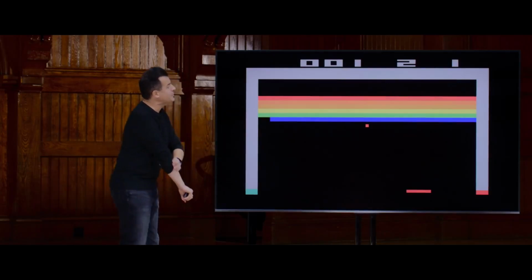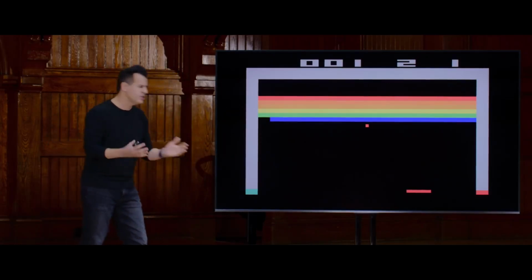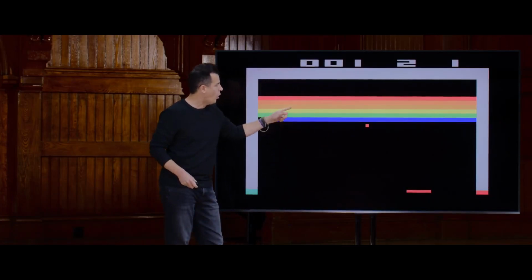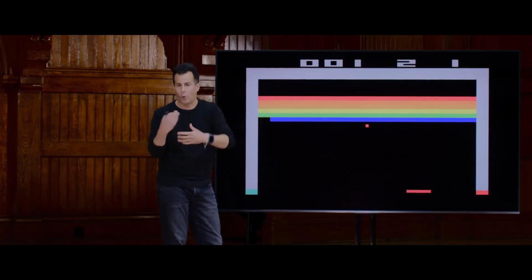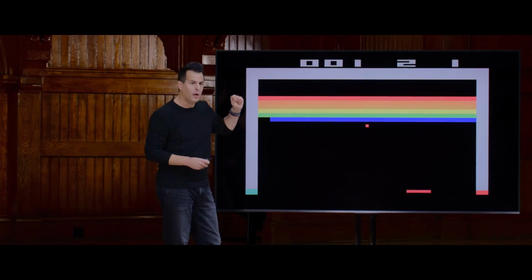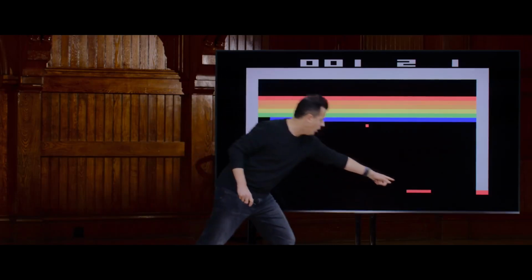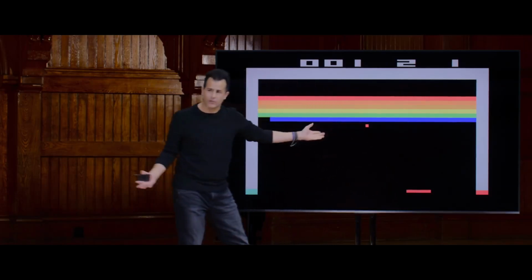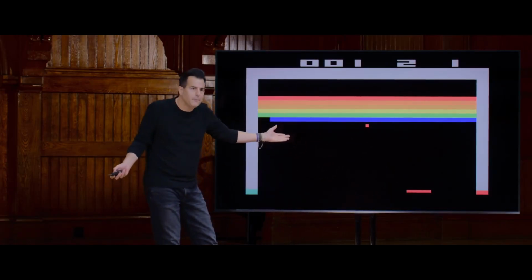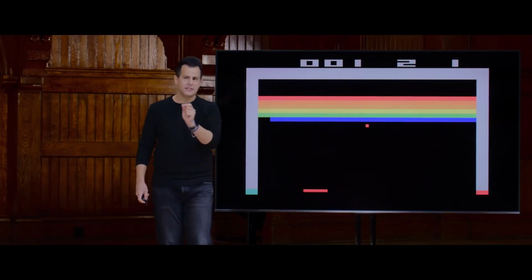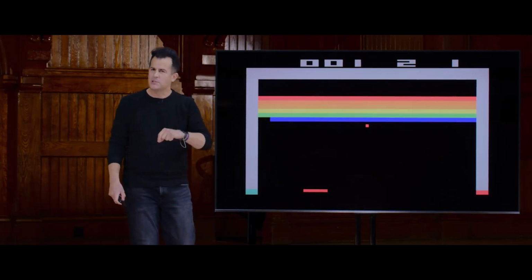For instance, here's a successor to Pong known as Breakout. Similar in spirit, but there's just one paddle and one ball. And the goal is to bounce the ball off of these colorful bricks, and you get more and more points depending on how high up you can get the ball. All of us as humans, even if you've never played this old school game, probably have an instinct as to where we should move the paddle. If the ball just left going this way, which direction should I move the paddle? I mean, probably to the left. And indeed, that'll catch it on the way down. So you and I just made a decision that's fairly instinctive, but it's been ingrained in us.